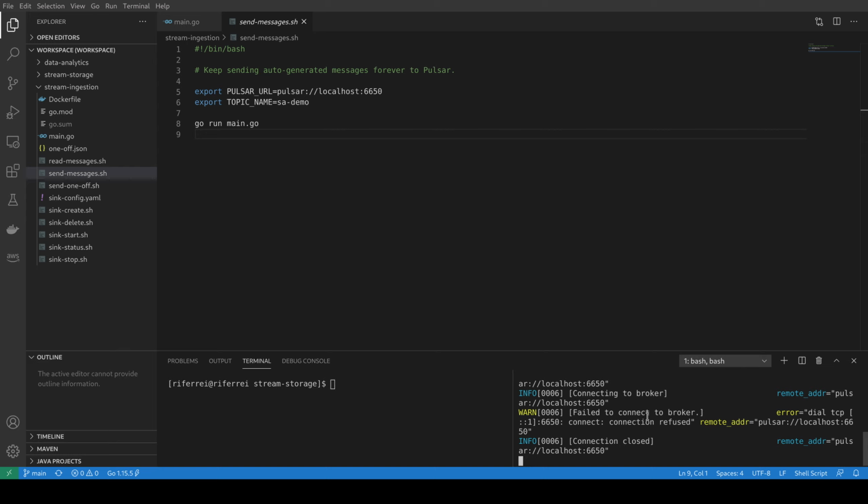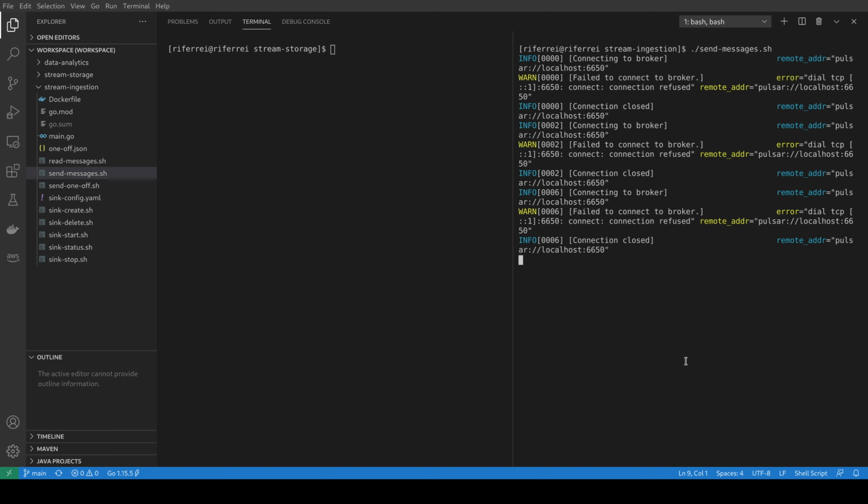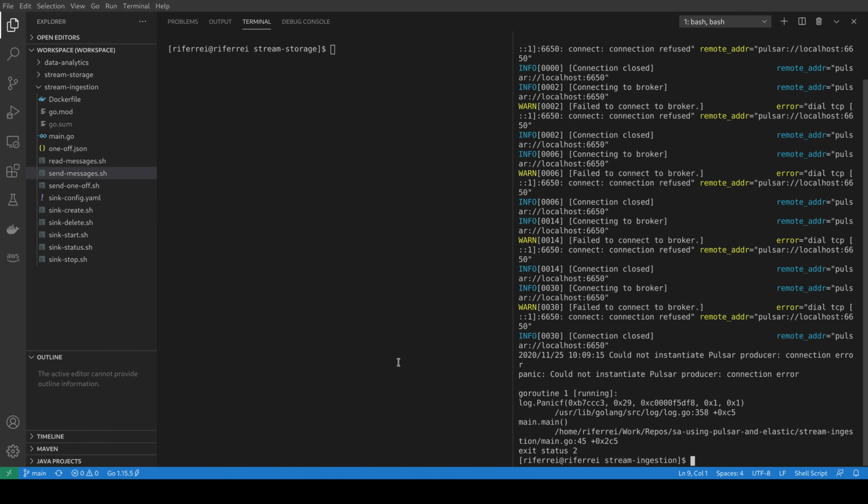But as you can see here, the client keeps printing some messages in the log saying the connection was refused, the broker is unavailable, but it doesn't give up. So that's the first characteristic that I've noticed. Though I haven't written any code to handle this, the API itself is handling it for me automatically.